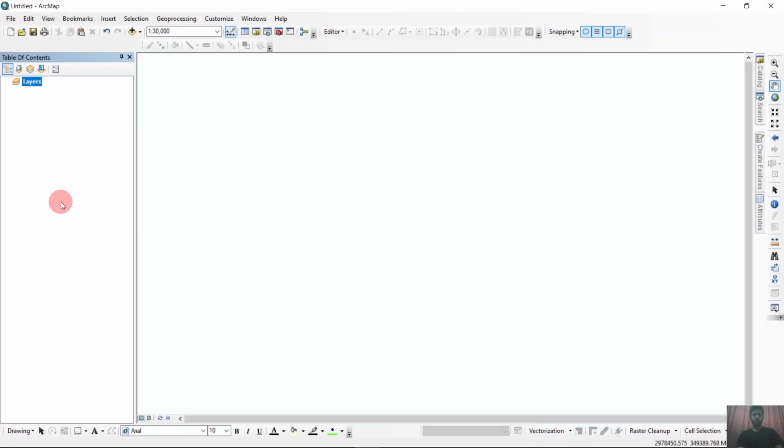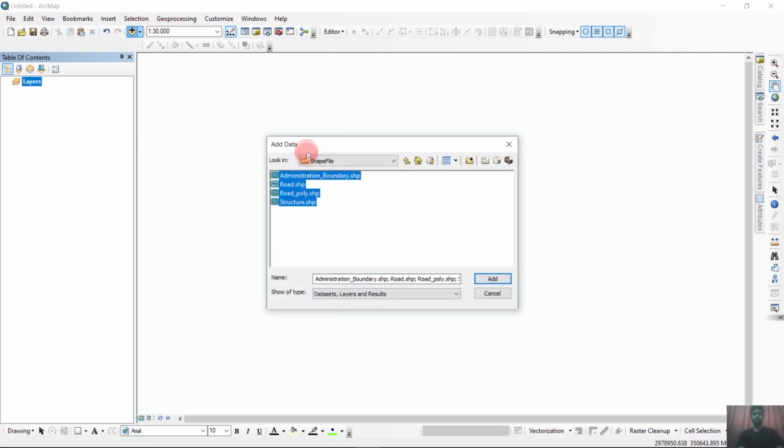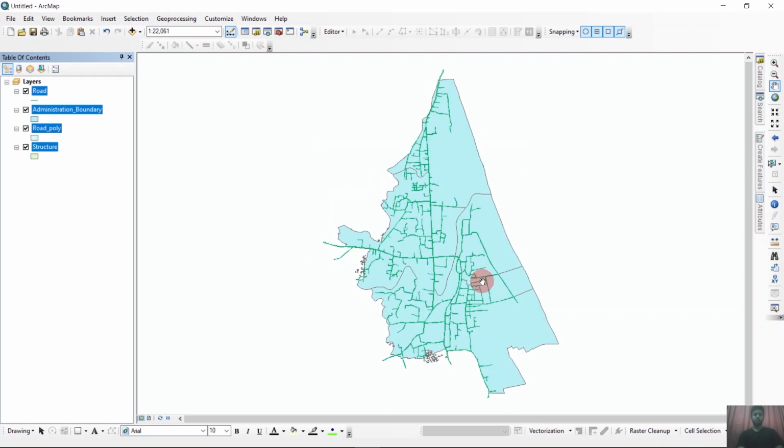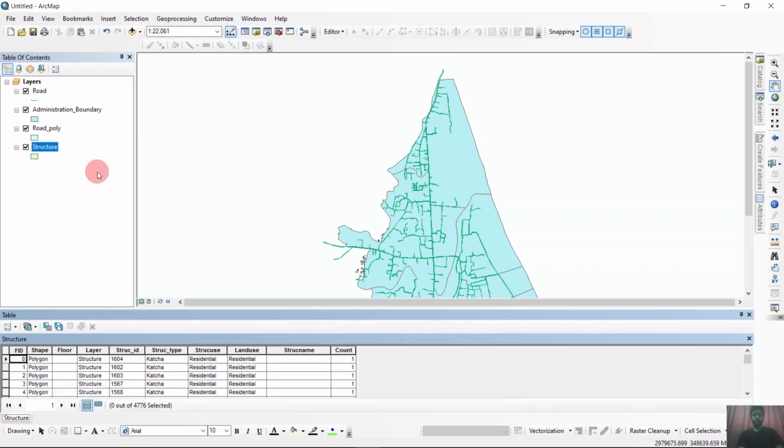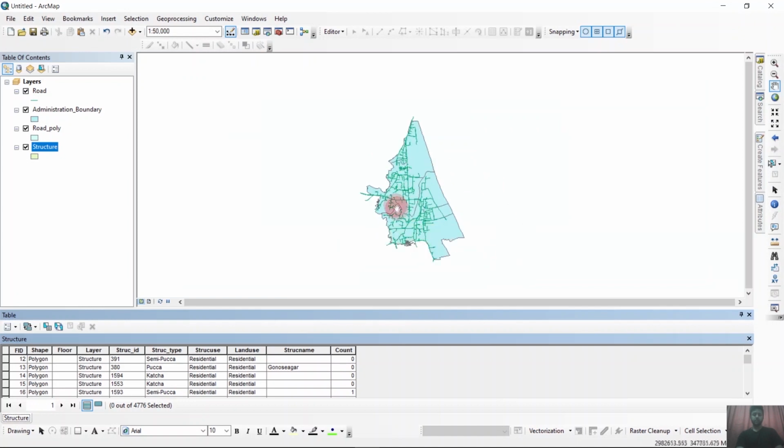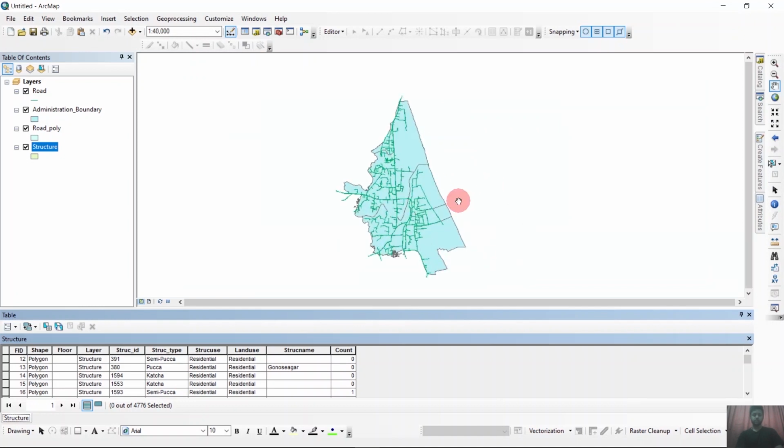First we will add the data. So for adding we can go here and select all those shape files. Now if we open the attribute table of structure, you can see that the structures are classified with their land use. Now if we want to select the structures within a 20-meter distance from the road,